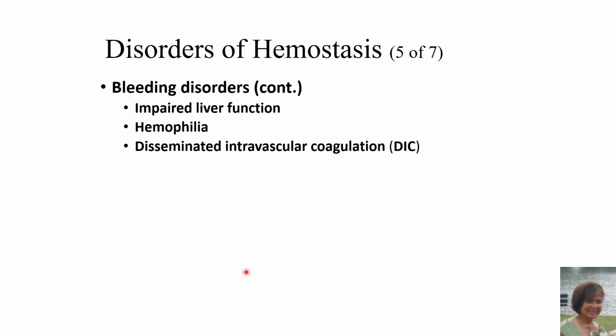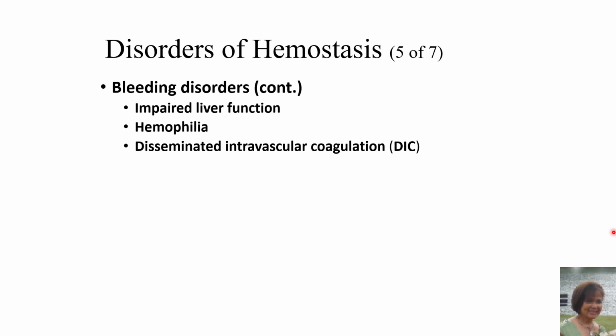For instance, if you have impaired liver function, hemophilia, or disseminated intravascular coagulation, pretty much you're not going to be able to start hemostasis. Impaired liver function would